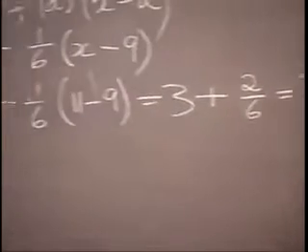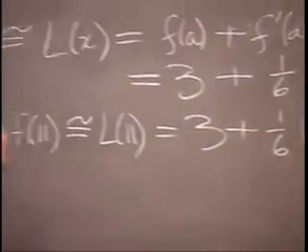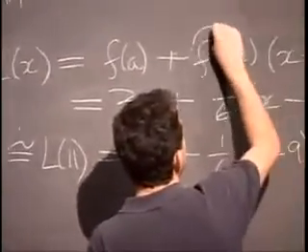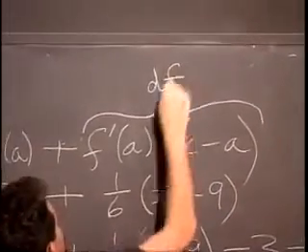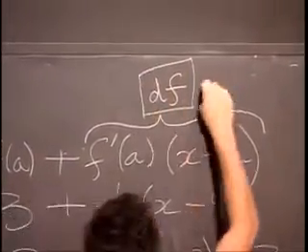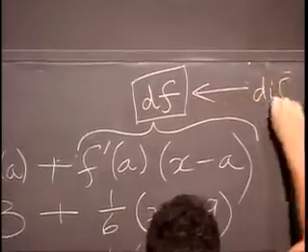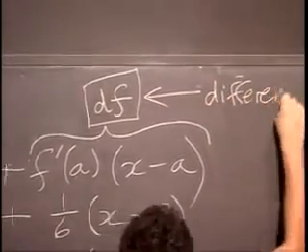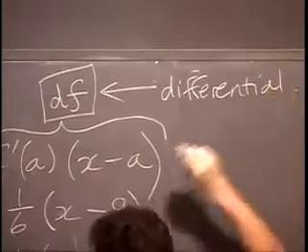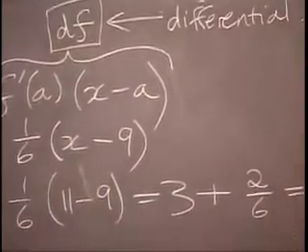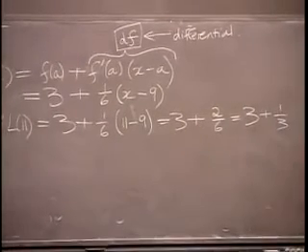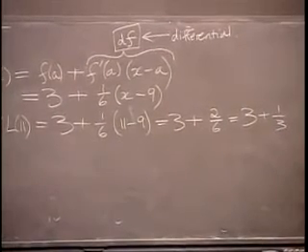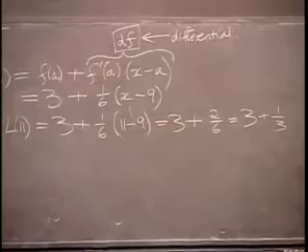Okay? Actually, this is probably as good a time as any to give you a notation for this bit. It's called df. It's the differential. It's the bit. It's called df. It's not df d anything. It's just df. It's a shorthand for f prime of a times x minus a, the bit that you have to